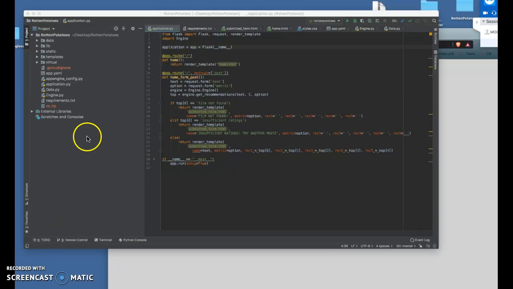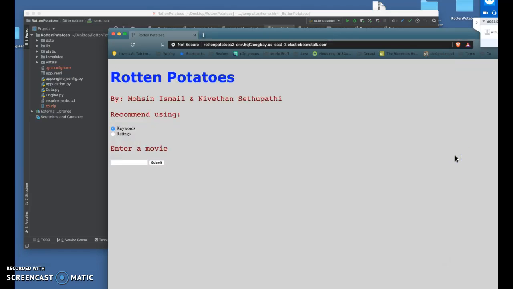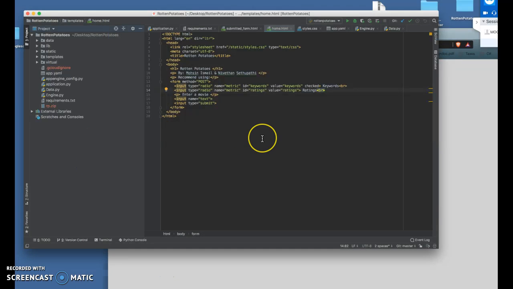So we have two HTML pages used for the front end. One is this one here, home.html, which is the home page of the application, what you see here. And at this page, the user inputs the name of a movie as well as whatever parameter, either keyword or ratings, that they want recommendations based on. I achieved this using two radio buttons for keywords and ratings, and another text box to input the name of